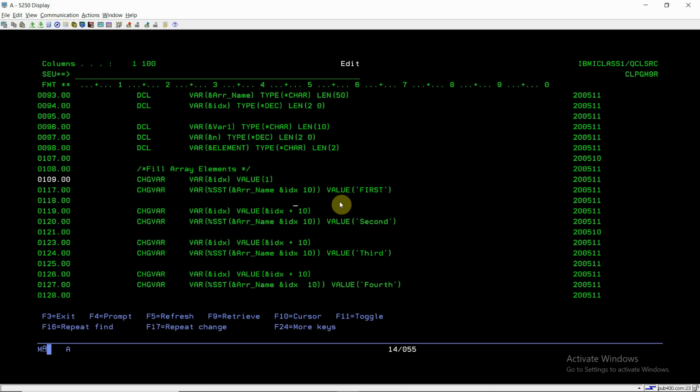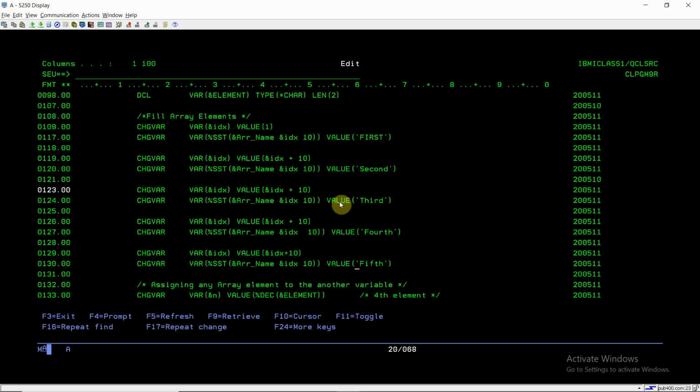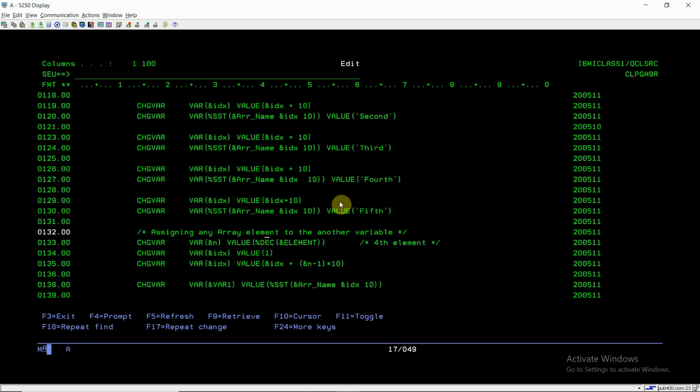Every time I'm adding 10, so it will become 11 till 10th, then 21st till 10th. So it will actually be filling the first, second, third, fourth and fifth element of the array. And now at the last moment we are assigning the array element to another variable.